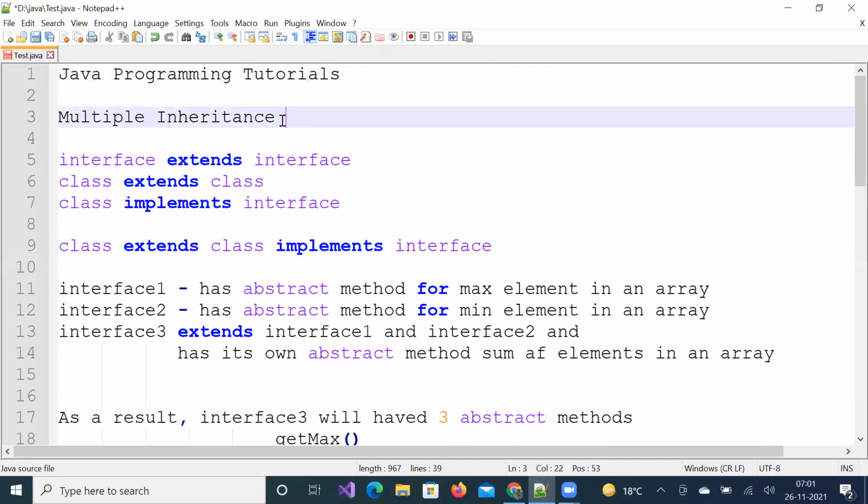We are going to discuss multiple inheritance in this session. Multiple inheritance is possible only with interfaces, not possible with classes. Let us take an example